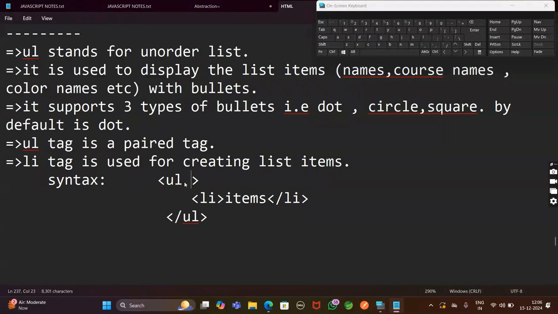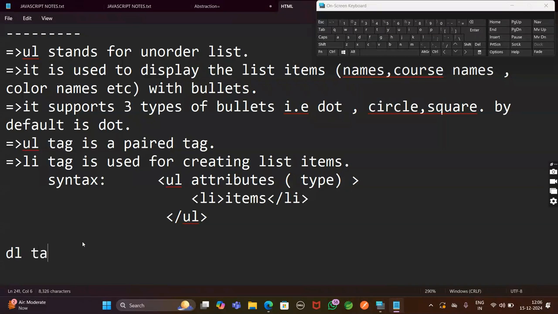And ul contains an attribute, and that attribute is nothing but the type attribute. Okay, and one more thing we have,